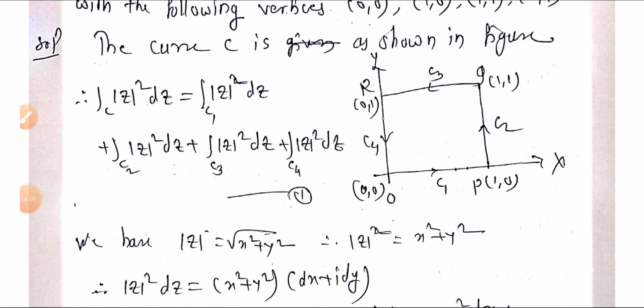Now mod z means nothing but square root of x square plus y square. So mod z square is x square plus y square, and z equal to x plus iy, so dz is dx plus i dy. Therefore mod z square dz is x square plus y square into bracket dx plus i dy. Now along C1,